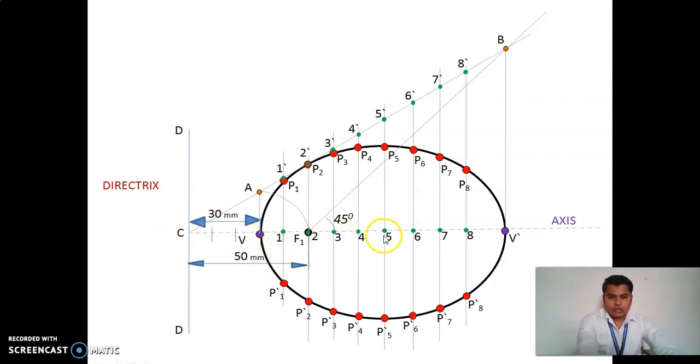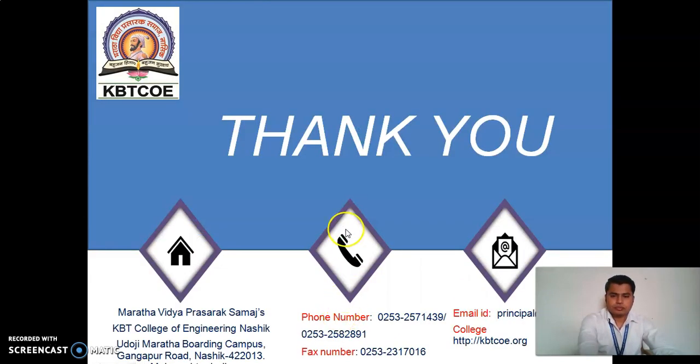Now divide this horizontal line into an equal number of parts, say suppose 8. Then take V2F1 as a radius, draw an arc, and draw a vertical line from V. That will intersect at point A. Then join C with A and extend, and you get this inclined line. To get the second vertex, we have drawn an inclined line from F1 that will intersect at B, and draw a vertical line that will intersect the horizontal axis at V dash, and join all the points. So that is the ellipse.